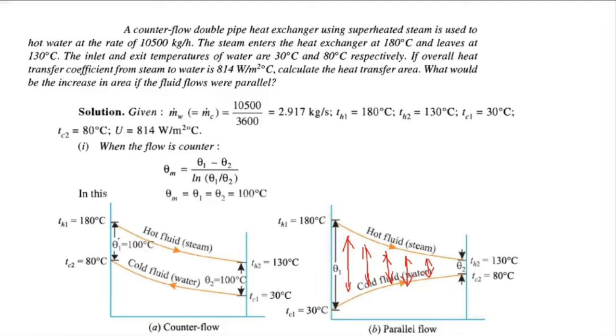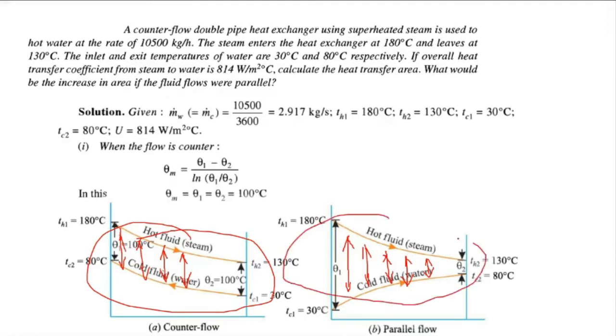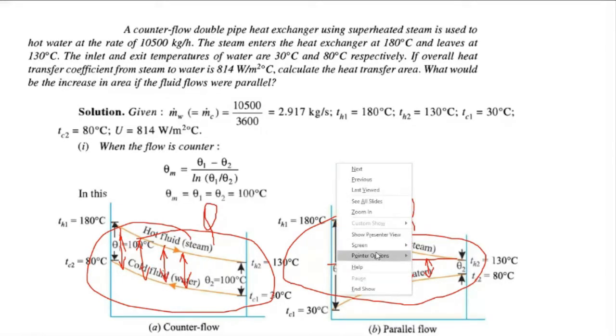Yes, sir. Okay, sir. But if you see a counter flow heat exchanger, this temperature difference term is uniform throughout. Or even if some variation is there, the variation is not much. This variation will be very little. So since it is very little, we can see that here we have a uniform temperature difference maintained throughout the length, and here the temperature difference is not uniform. It is varying throughout the length. So in this case, we can achieve a higher rate of heat transfer, and here we can achieve a lower rate of heat transfer. Is this part clear?